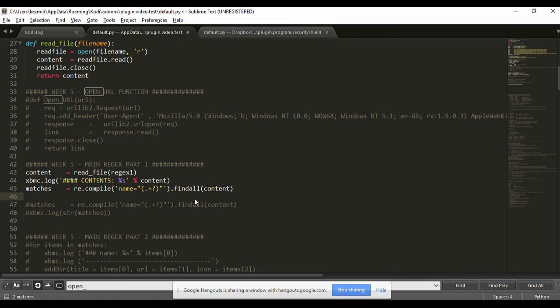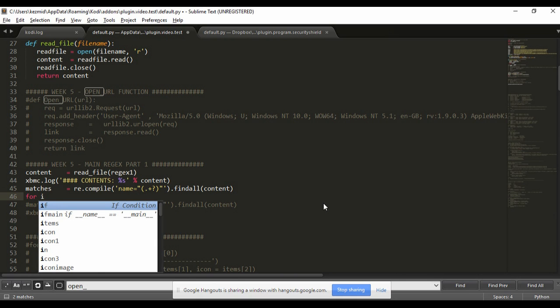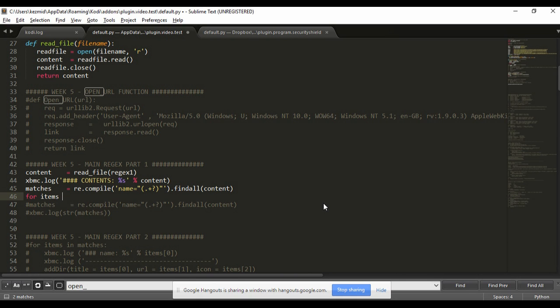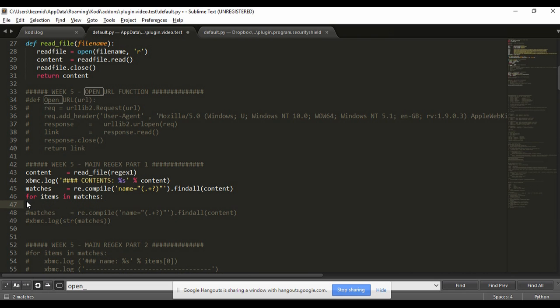So under line 45, so line 46, if we do for, the next word we use, it could say absolutely anything you want, but what we're going to do is just try and call it something that kind of makes sense. We're going to call it items. So for items in matches, and then a colon. What that actually means is for every item that we have in that matches list, do something with it. So we're going to say